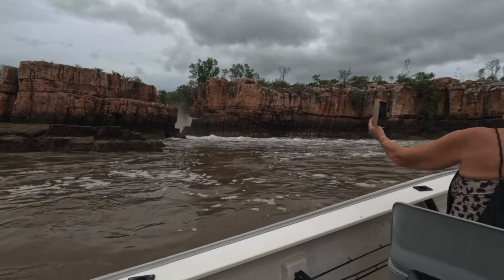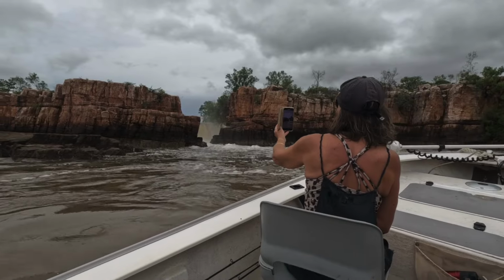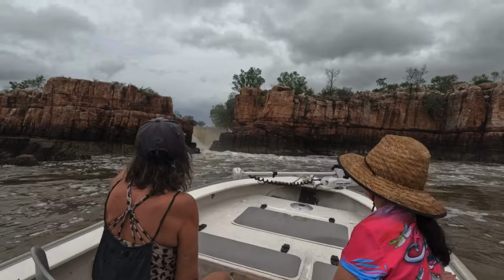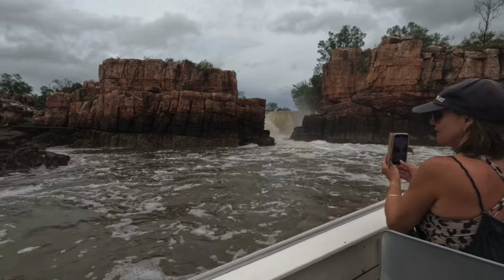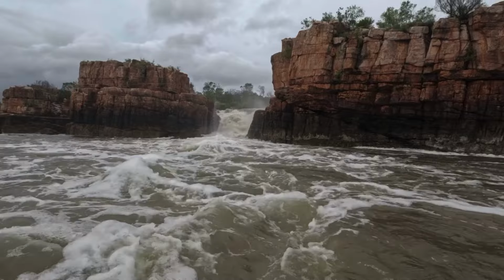So that's where we were sitting the other day having glasses of champagne and sunbaking, and now it is just an unbelievable volume of water coming out of there. Oh, careful, those rocks. Let me get my